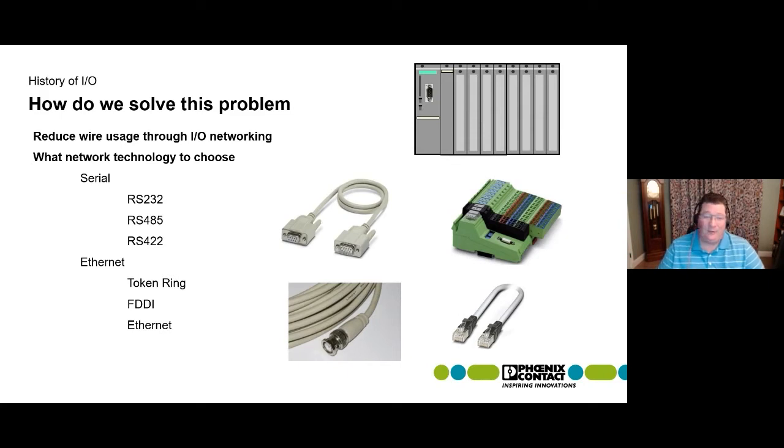Now, at this time, Ethernet wasn't Ethernet yet. Ethernet was a bunch of competing technologies trying to figure out who was going to win and what technology was going to run. So you didn't have just Ethernet. You had token ring. You had FDDI. These were other variations of pretty much the same concept, just like you have 232 to 485, but these were competing technologies, all competing for the same space to give us a communications mainly focused on the